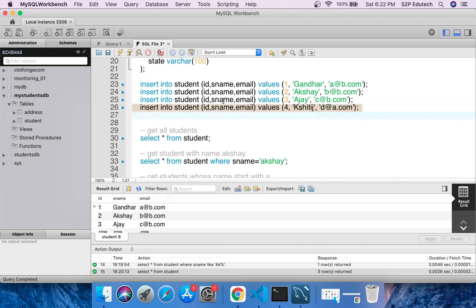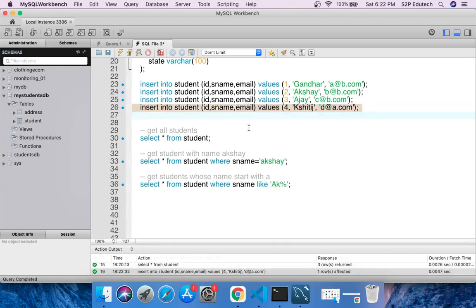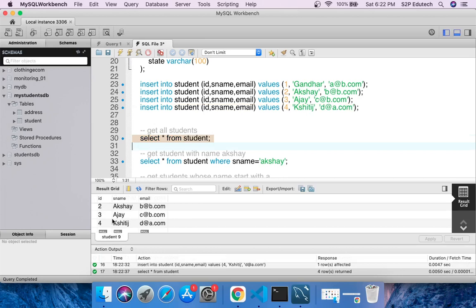I'll select this and run it. So again it inserted. If we do a select star from student, we should get 4 students. So we got this Kshitij here, the 4th row.